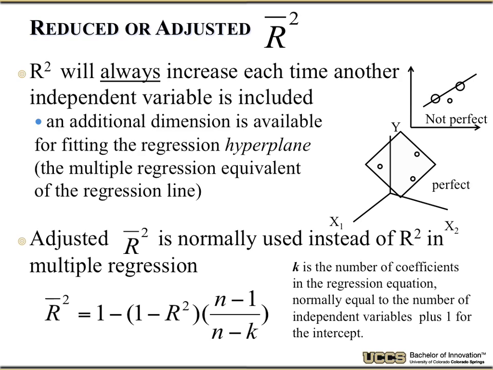So we talk about this idea for how well it fits for partial regression of what's called adjusted R squared. Okay, and adjusted R squared is 1 minus R squared times the quantity n minus 1 divided by n minus k, where k is the number of coefficients I put in the regression. Now this formula still doesn't quite work if I have more dimensions than I have data, because then the bottom becomes negative and bad things happen. R squared is not allowed to be a negative number. So this is still only true up to the number of variables I have. So once n minus k is 0, n minus k becomes 1, that's as far as you go.